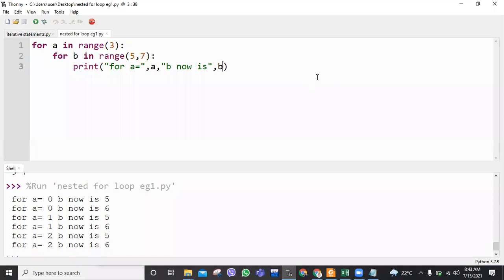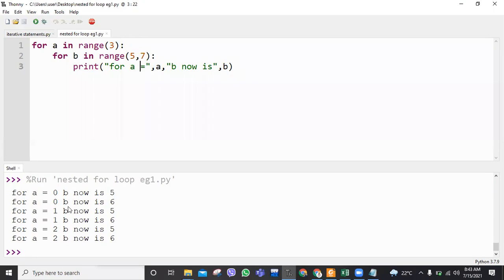So here, as you can see in the output, for a equals to 0, b now is 5. So this is the solid example, okay? In the previous example, also we may include this type of statement so that it will be easy for you to understand. But here, as you can see, whenever the value of a is this, the value of b is now this. So still, as you can see, the value of a is unchanged, that is 0 itself, but the value of b now is 6.